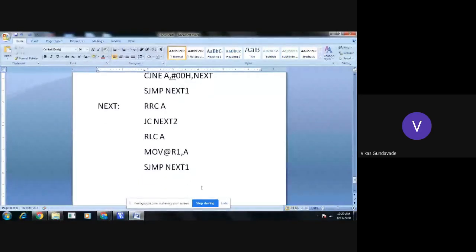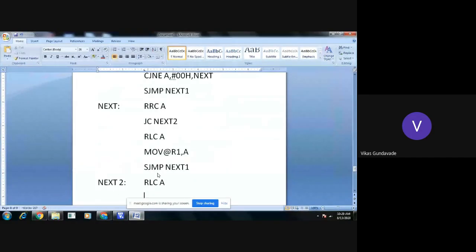Now when this process happens, if there is no carry, or the carry is not generated. Now if the carry is generated, we need to do the same process by rotating the contents towards the left hand side and shifting the contents to the another memory location. Okay, so here we need to make again some slight changes. First, we need to make RLCA.